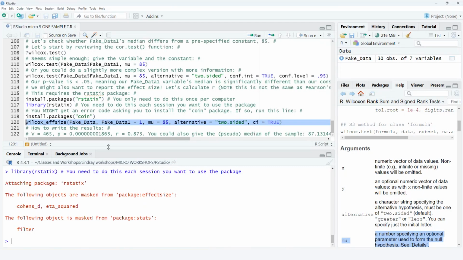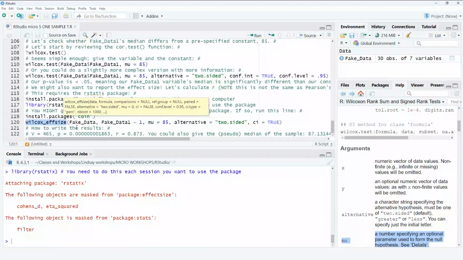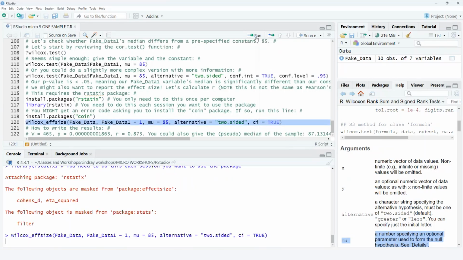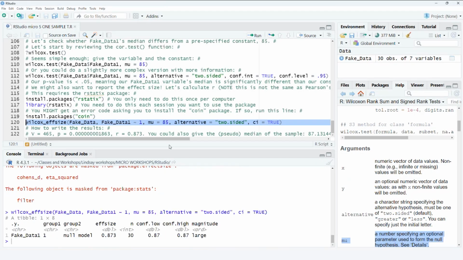What is this actually doing? It's saying, I want to run the wilcox effect size function to get the effect size we need. My data set is fake data. Fake data 1 tilde is 1. Our pre-specified constant is 85. It's going to be a two-sided test, and I would like a confidence interval. Please return a confidence interval. If I highlight 120 and run it, ooh, it's thinking for a very long time. Mine took a little minute, so yours might also take a minute. But it should run. It's going to give you in blue text the thing that you just asked it for,